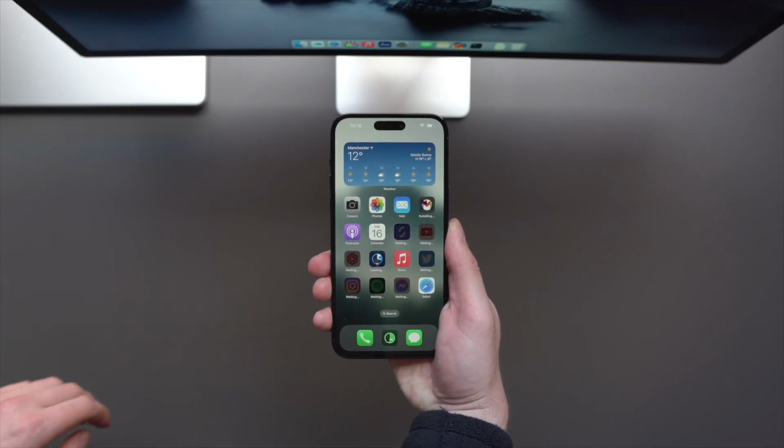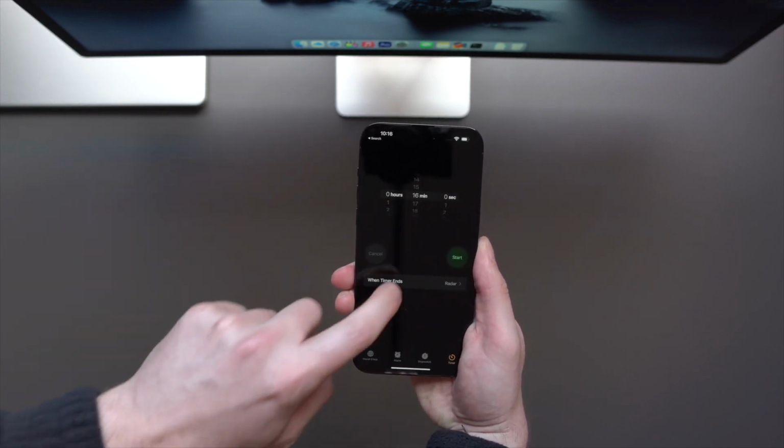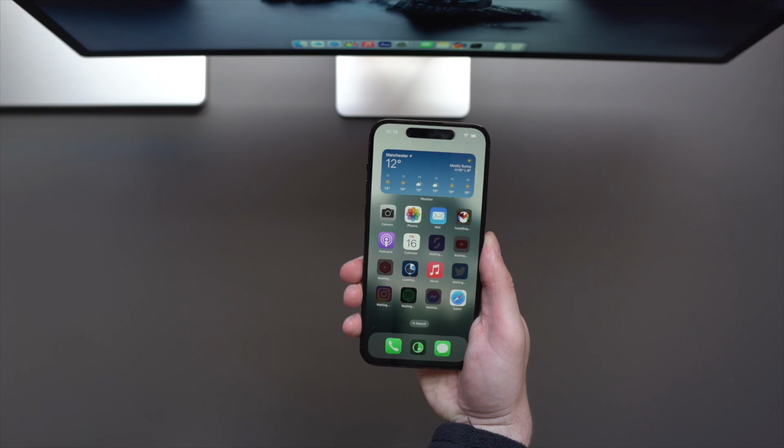Having this new dynamic island means that when notifications come in, it's a lot different to what we used to have in last year's phones. The feature seems slick in the keynote, and from what we've used so far, it is as slick as it seemed in that presentation. Let's now just look at the displays on the phones,